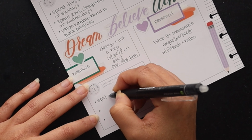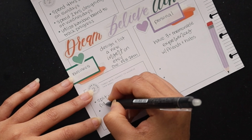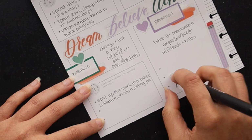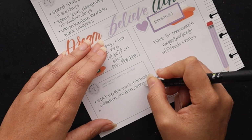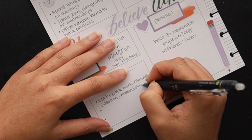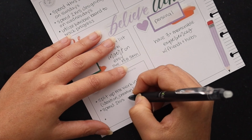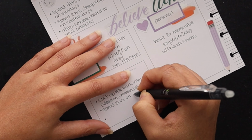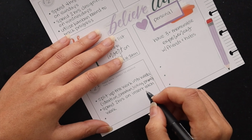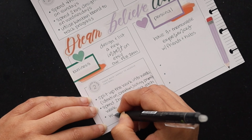For my smaller business goal, I'll be splitting each of the weeks into small focus weeks for each part of the process of developing a new insert. Each week I'll focus on one of those tasks, including ideation, creation, listing it, and then promoting that new listing. And then I'll devote at least 2 hours a week on completing each one of those smaller focus areas of